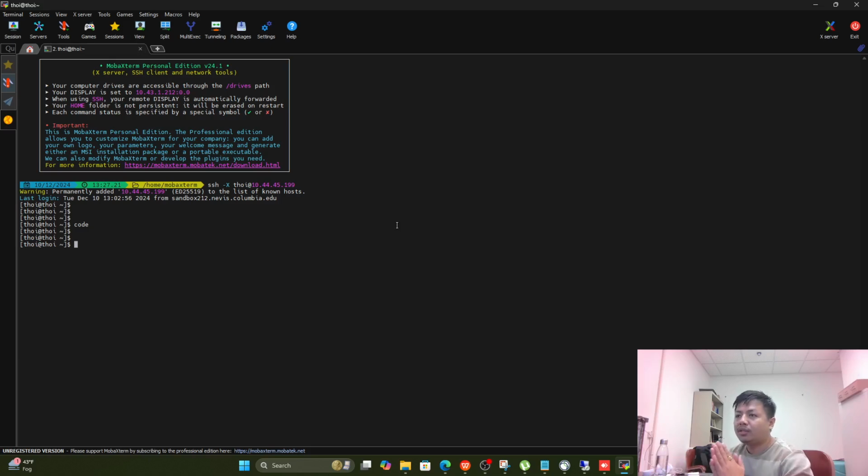So I have already set up everything in the server. In your case, if you're accessing a central server, that should be the case. So you can just start the VNC server. You have your username and a password assigned to that server, and you already log in using SSH. And now you just launch the VNC server. Okay, I was already running it. You can kill whatever you ran earlier by